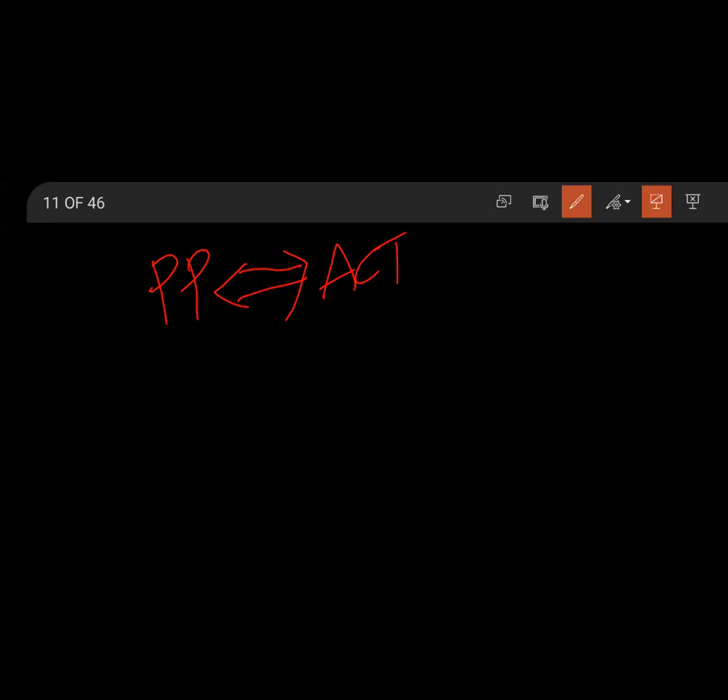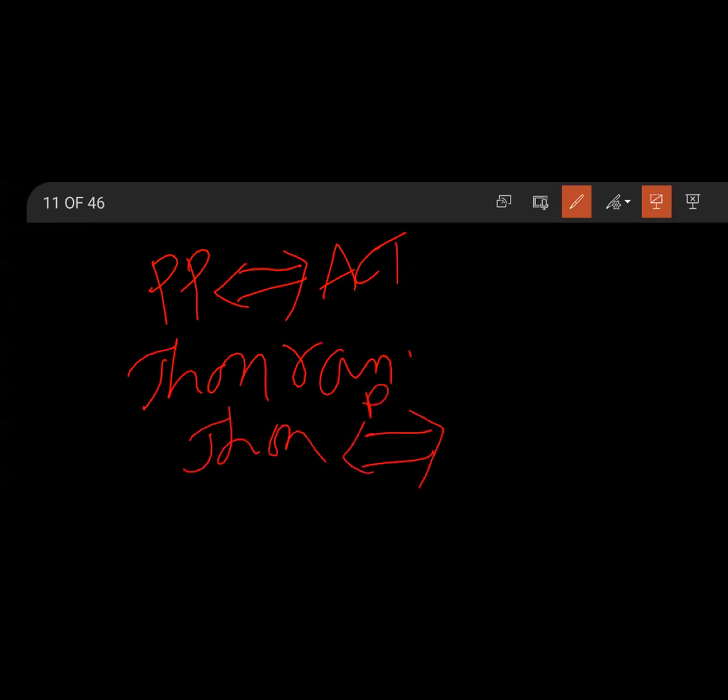Okay. For example, John ran. Here, conceptual dependency representation, John, double arrow, P, P trans. This is the first rule, rule number 1. John ran means John, double arrow, P, P trans. Okay. This is the rule number 1. And next rule number 2, act implies PP.